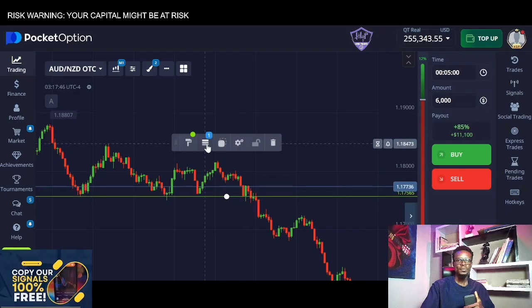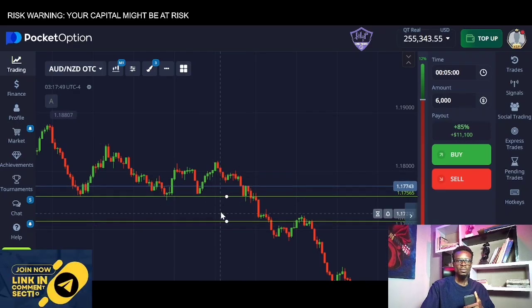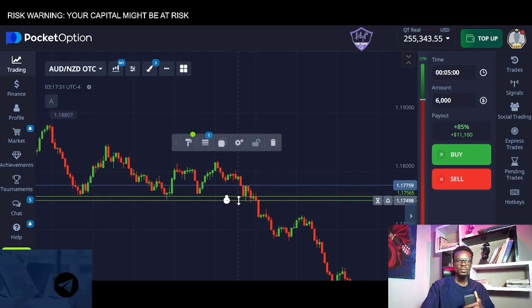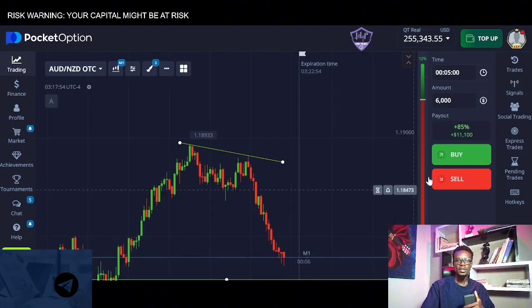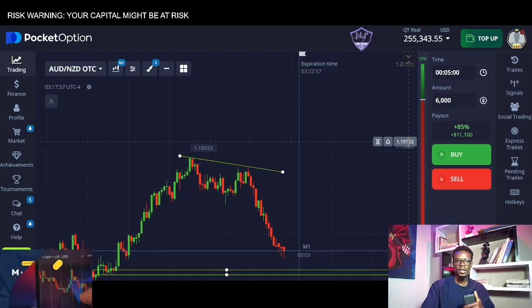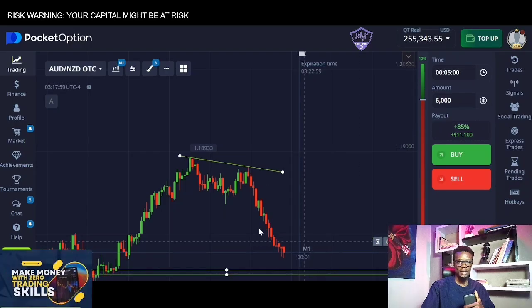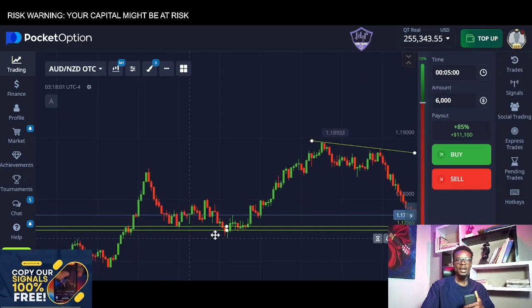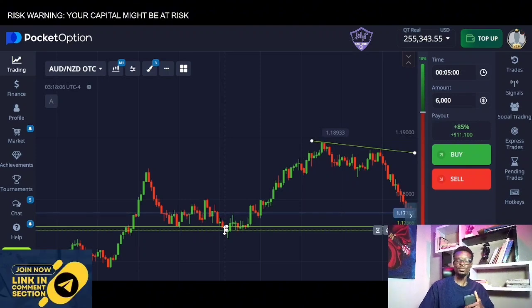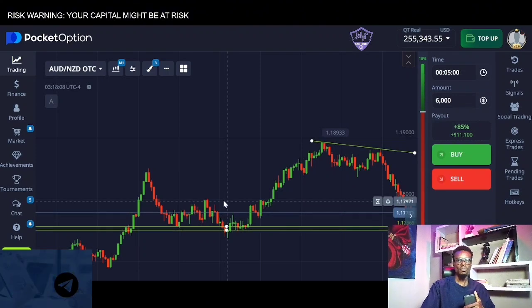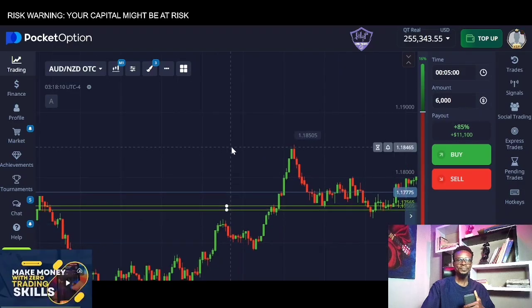So we can draw a zone of support right here. So we will see as price is falling, this is the next level that can potentially reverse the market. Remember that we are still having an uptrend, whether the market likes it or not. The buyers are still very much strong, because looking at the structure, you